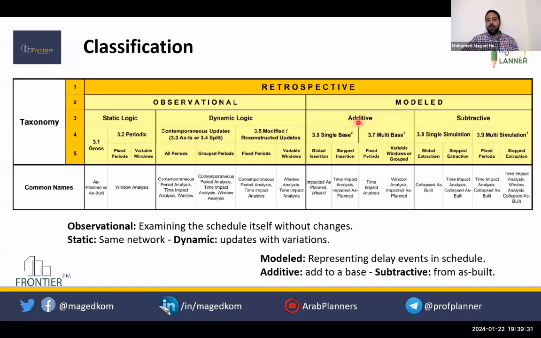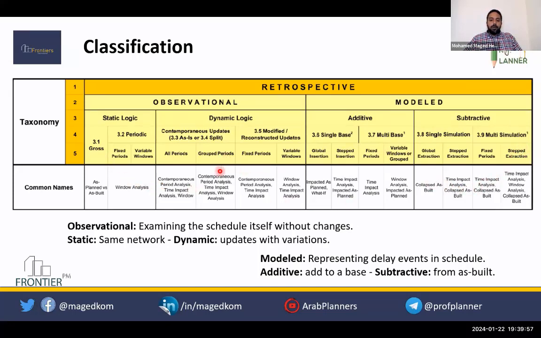In the additive, you are adding to only a baseline or only one update or to multiple updates. In the subtractive, you are doing a single simulation or multiple simulations, subtracting the activities related to the event from the program, in single or multiple times.